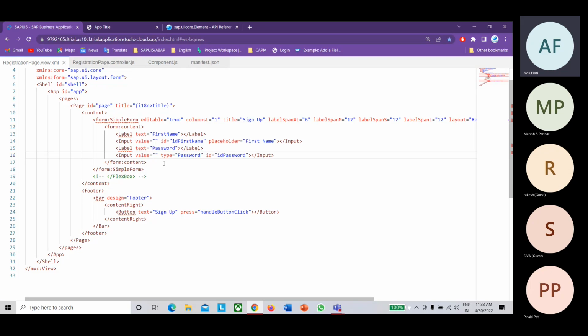So what will you do in that case? How will you debug the code? Because one thing I told you from the start is that you cannot debug XML code. Only JavaScript code we can debug. We cannot debug XML code. So what can we do in that case now?